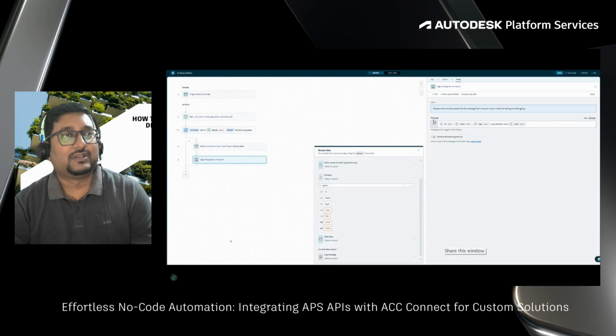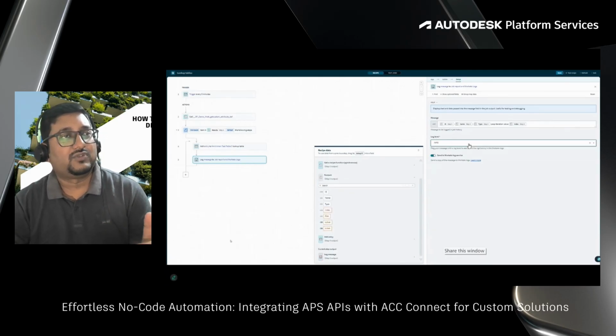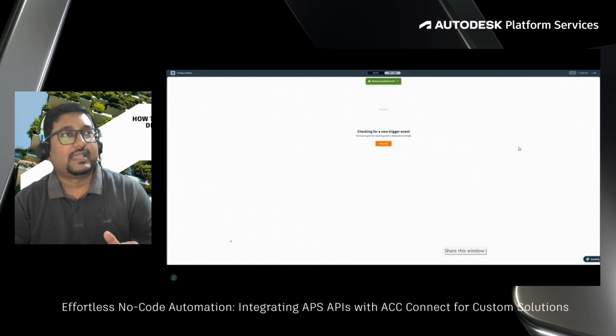You can also send it to the Workato log service, or you can just save it to run or to show the results in your logs when you're testing it out. You can specify the log level. Should it be info? Should it be warning? And when you test it out,